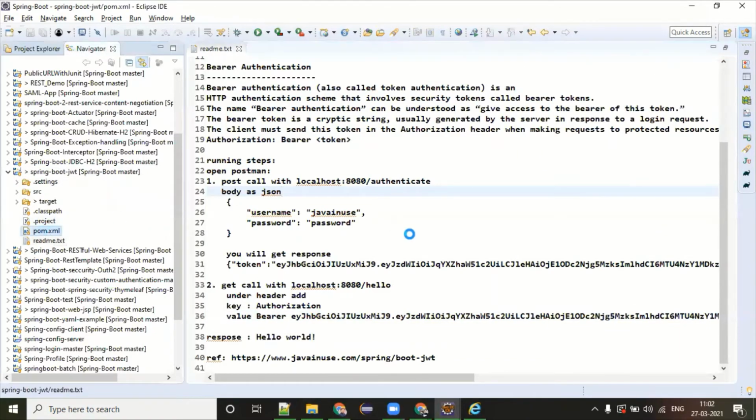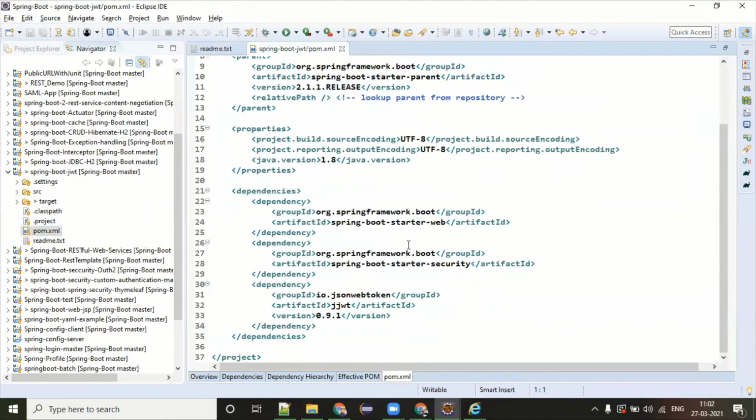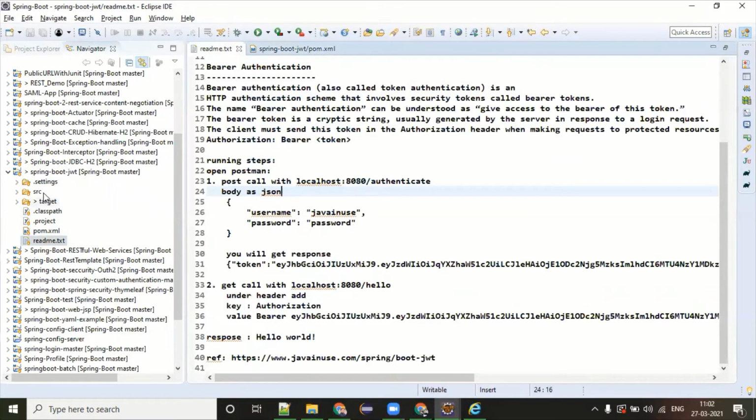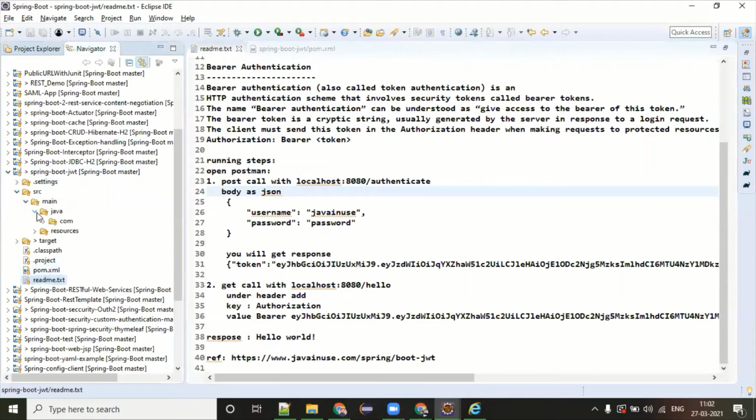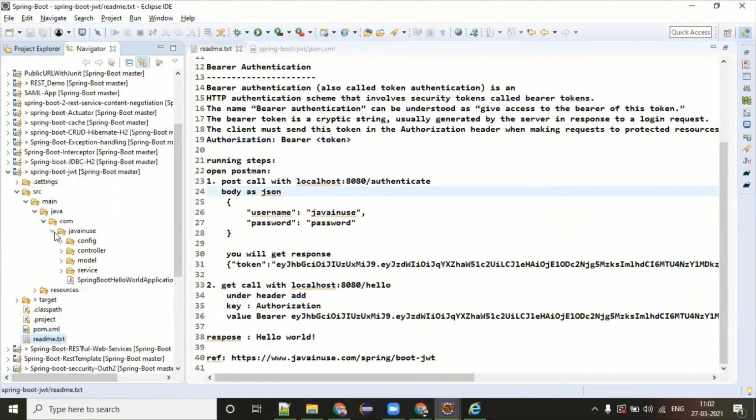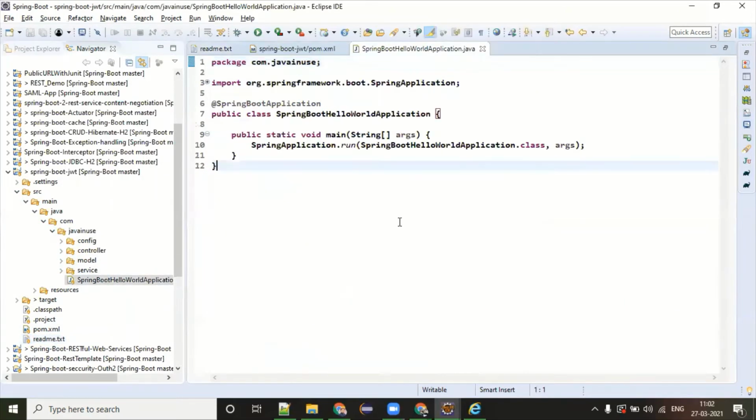So in the pom.xml file, I have just Spring Security, and JWT is not a Spring library, so I have additionally added JJWT. This is the particular version. Okay, let me open my main application, Spring Boot Hello World.